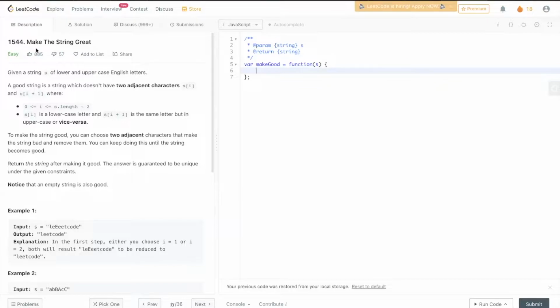Today we have 1544, make the string great. This is an easy question. Given a string s of lower and uppercase letters, a good string is defined as one that does not have two adjacent characters s[i] and s[i+1], where the following conditions hold: i is greater than or equal to 0 and less than or equal to s.length minus 2, and s[i] is a lowercase letter and s[i+1] is the same letter but in uppercase, or vice versa. Meaning if you have something like